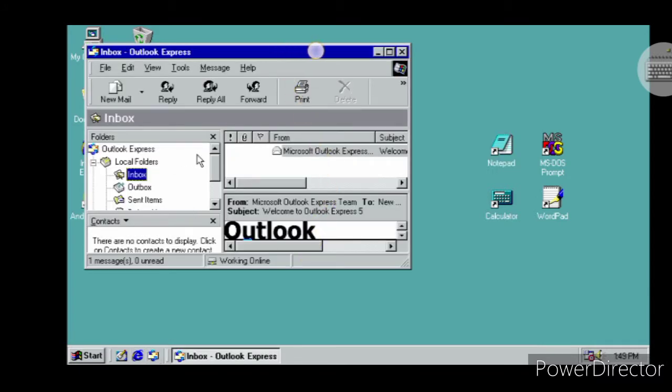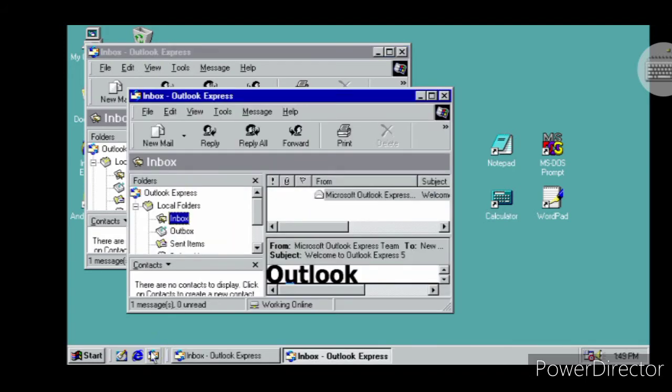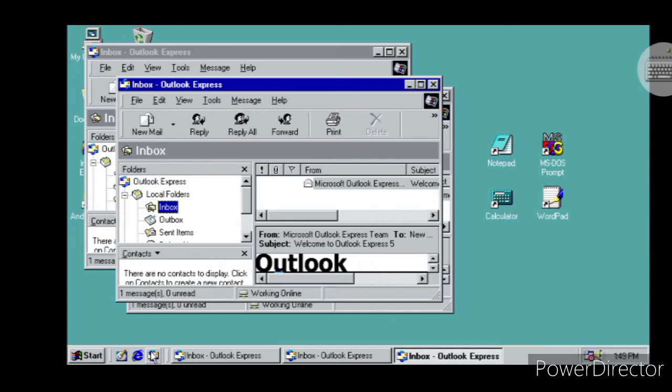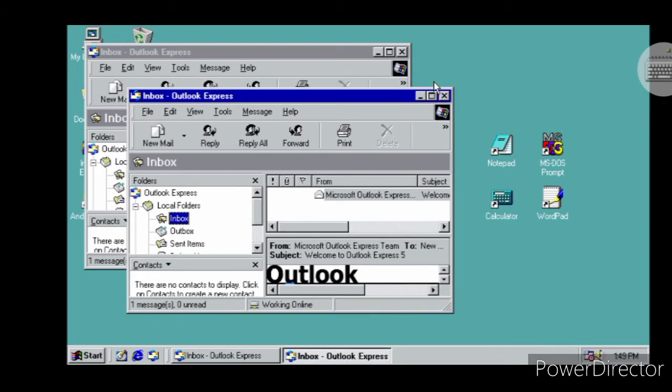This is the inbox, Microsoft Outlook Express, and then come back and exit it. Now close it all.